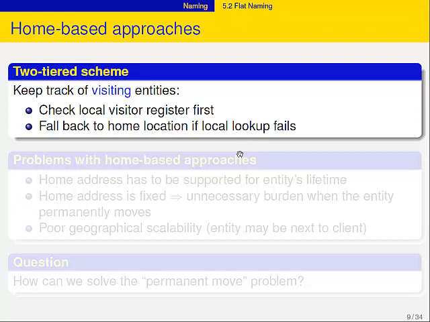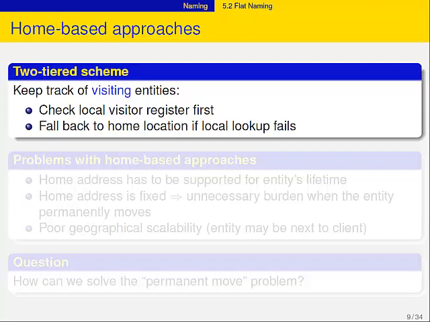Now, there's a variation on this scheme, which is actually used in telephony networks. They use the home-based approach. So, you know, if you and I would go to a conference in Germany and we would use our phones, we would first have to phone home, and that's the reason why we get billed. Okay? We will not be making use of the local thing. Now, technically, what you can do is you can say, well, are you close by? And that's a two-tiered scheme. You first check with a local registry.